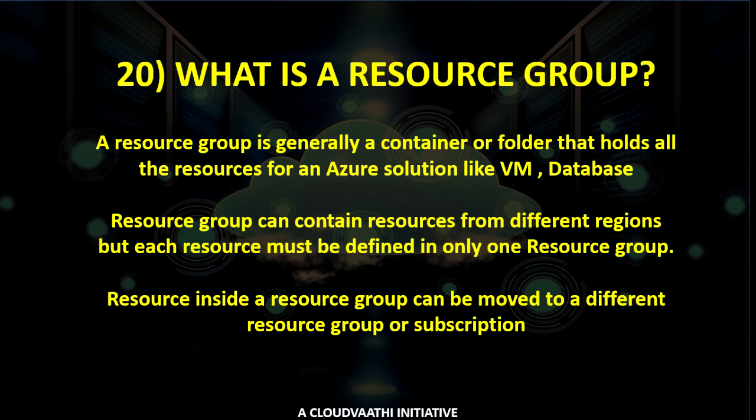Within that resource group, I can have resources from different regions. I can have a VM located in India and the disk storage probably in Europe. I can have the resource group maybe in US, but have resources from different regions as well. But the important condition is that all these resources must have a resource group. That is a one-to-one mapping between your resource and the resource group, but the vice versa is not true. A resource group can have multiple resources as well.